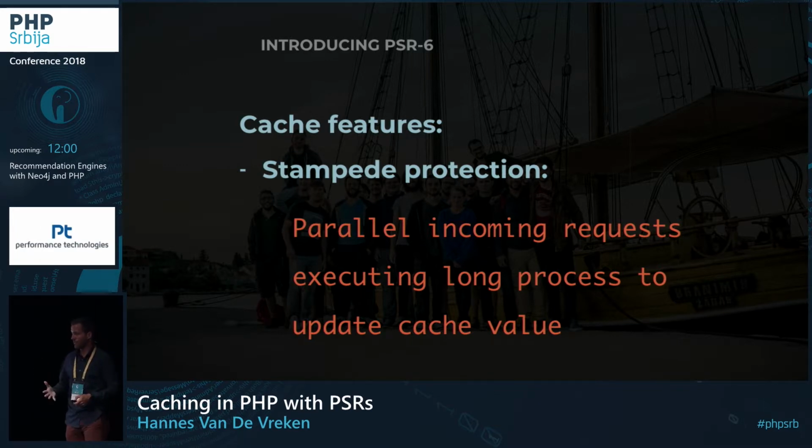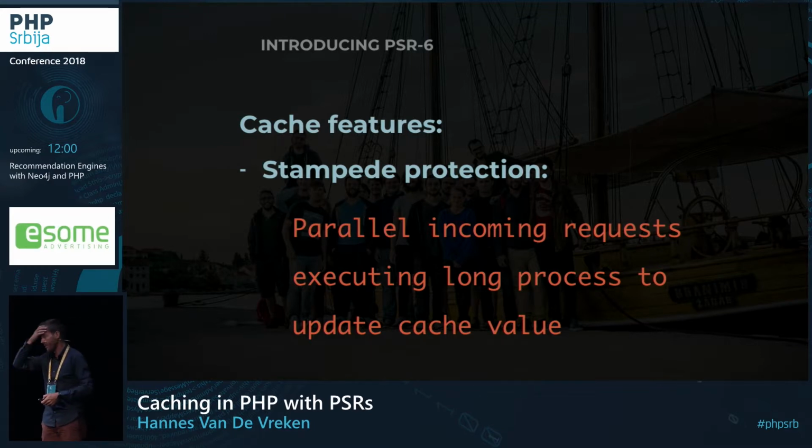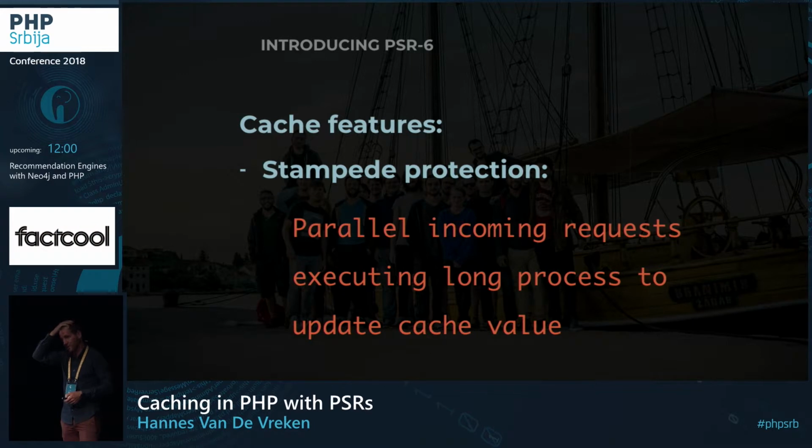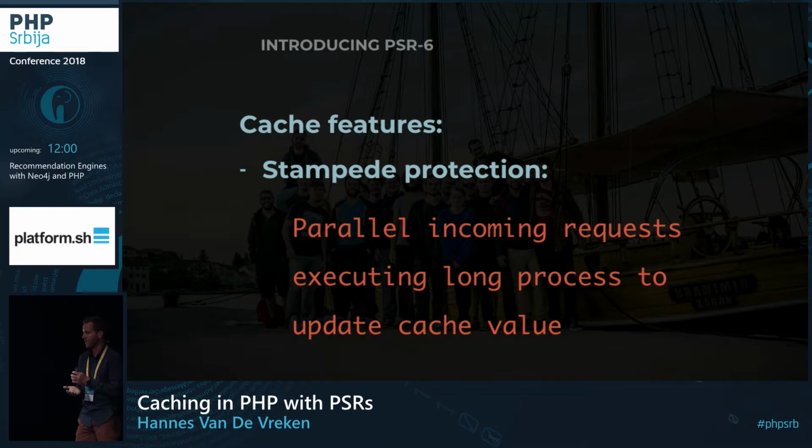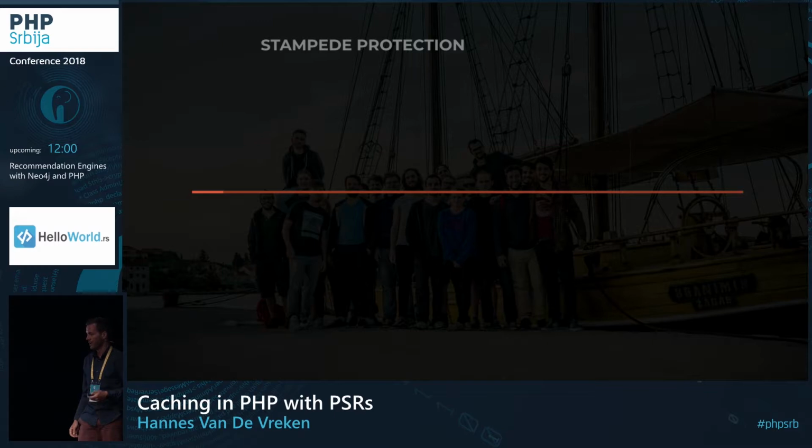For example, stampede protection. Stampede protection, I talked about this earlier, but stampede protection basically protects you from doing a slow task over and over again if you have a lot of users hitting your endpoints. So if one endpoint triggers a new slow process that needs to be cached, you might want to use a different strategy to prevent that from happening. So this is a timeline,